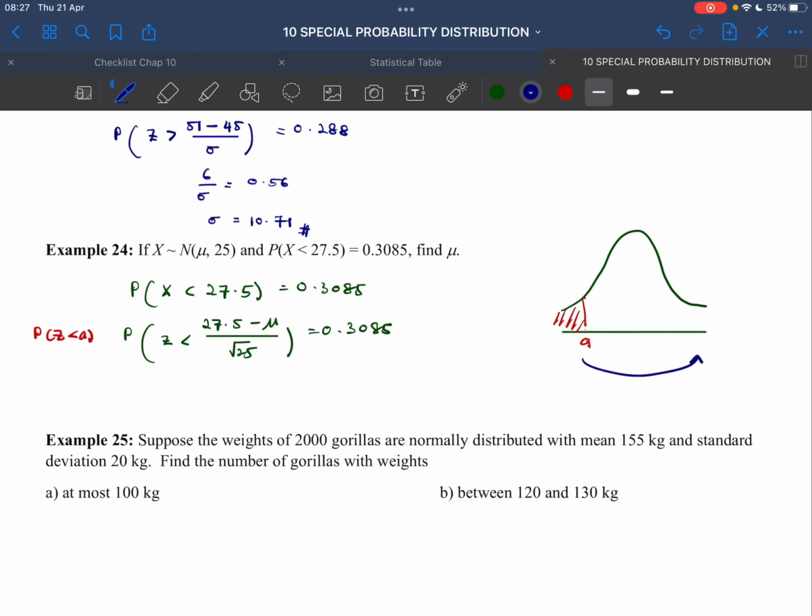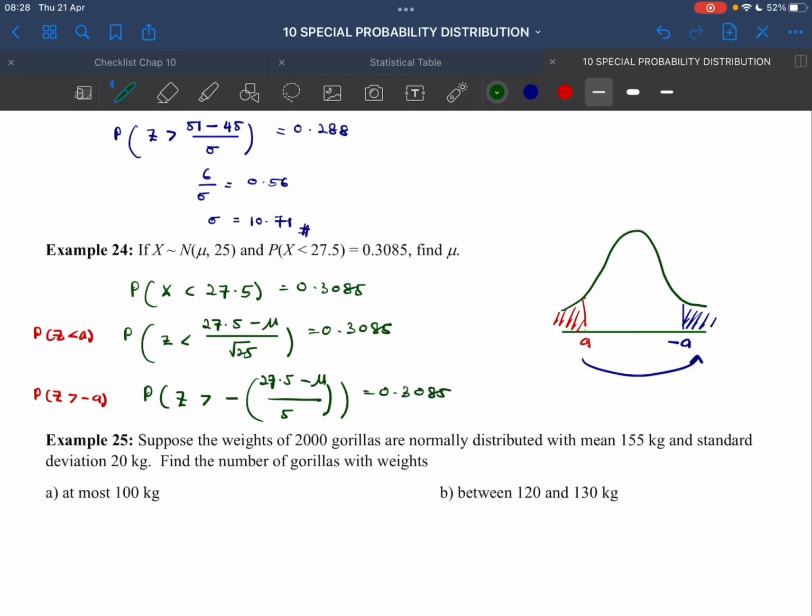Shift this to this side, you'll get negative a. Remember, if you shift, the sign will change. So this is the area that we are going to find. Since we have P(Z), this will be P(Z greater than negative a). So we are going to put negative in front of that. So here will be P(Z greater than negative (27.5 minus mu) over square root 25, which is 5) equals to